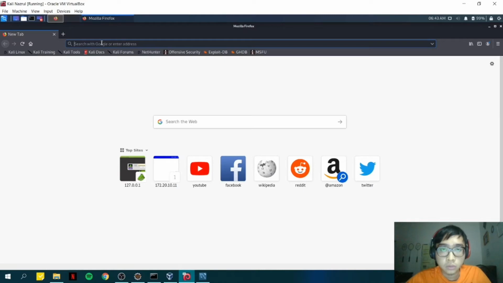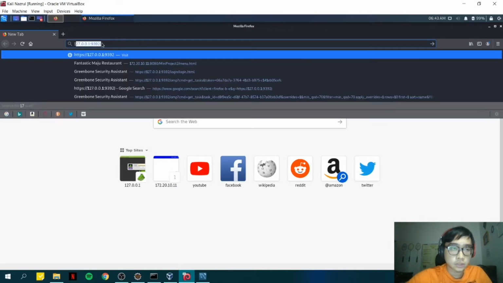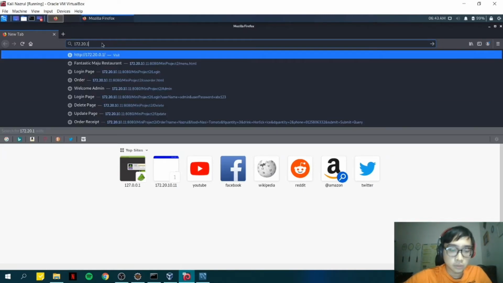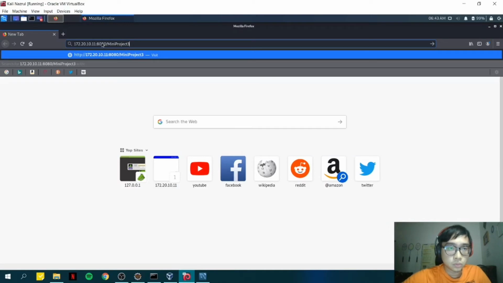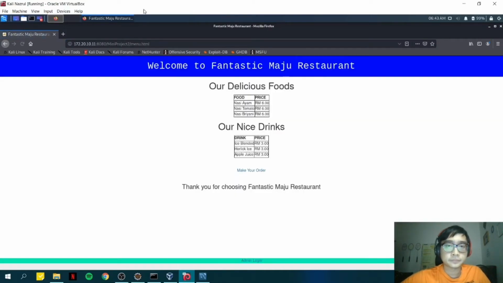For our group, our link is 172.20.10.11/mini project 2/menu.html. Okay, now our menu.html has appeared, which says welcome to Fantastic Restaurant, and there is a list